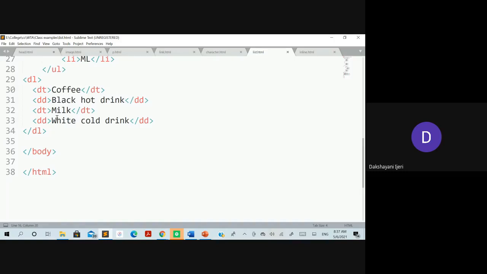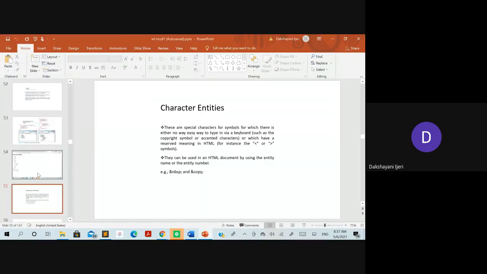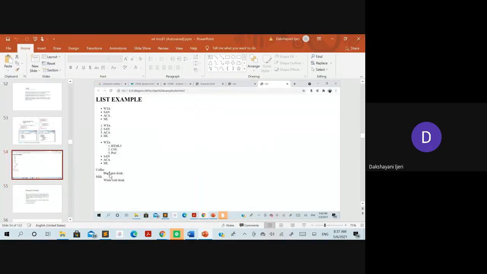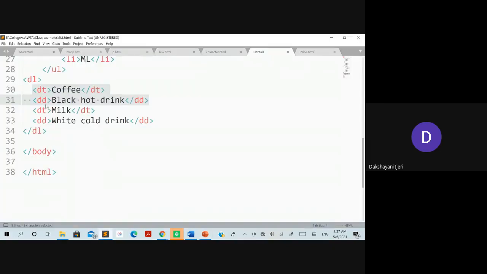And to add one more element to this definition list, together these two are considered as one element, that is dt and dd. The dt is the one added at the left position, and the dd is used to add the description at the right position here. Okay, so together this is one item, and to add one more item you need to use again one more set of dt and dd, right? Once you have completely added all the items to the definition list, then you need to close the dl here.